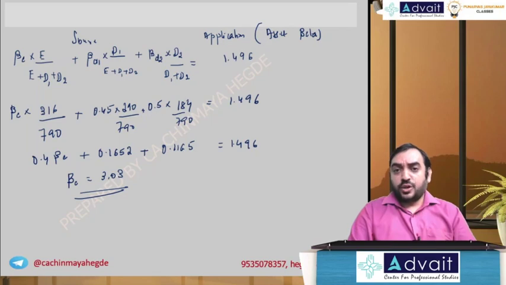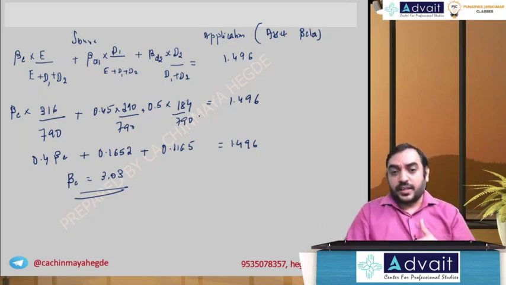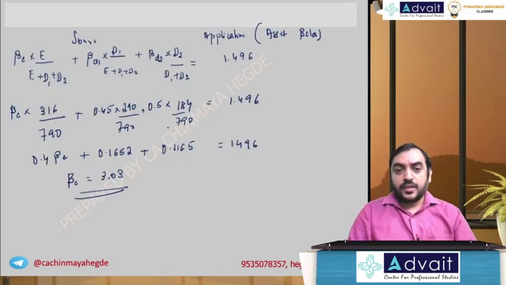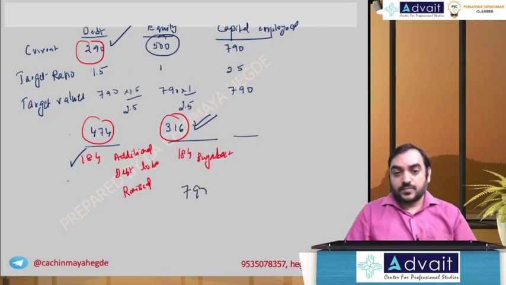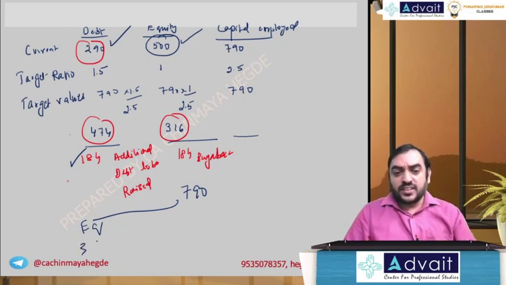How do we do weight of debts, both old and new? We take them separately. Weight of debt 1 separately, weight of debt 2 separately. Hope you're able to understand. See, ultimately we are having 790 as the total. What is the source of 790? Equity we had 500, 316 we want to be there, 184 buyback. So basically equity will remain with 316, 184 we do buyback. Debt 1, existing debt, 290 will continue, and new debt we raise, that is 184.